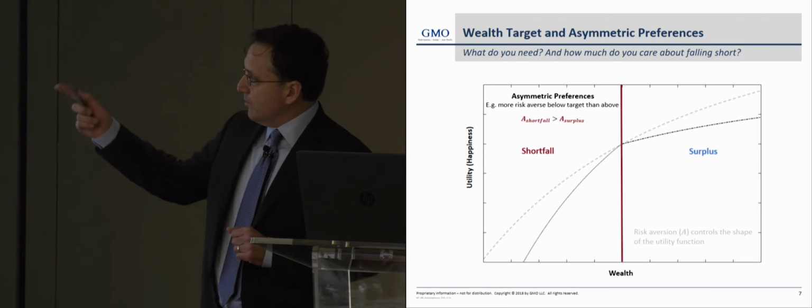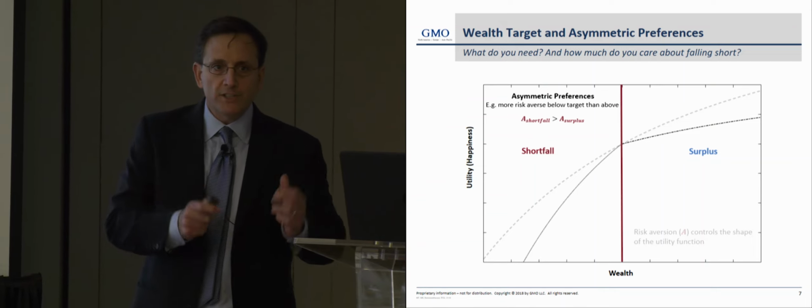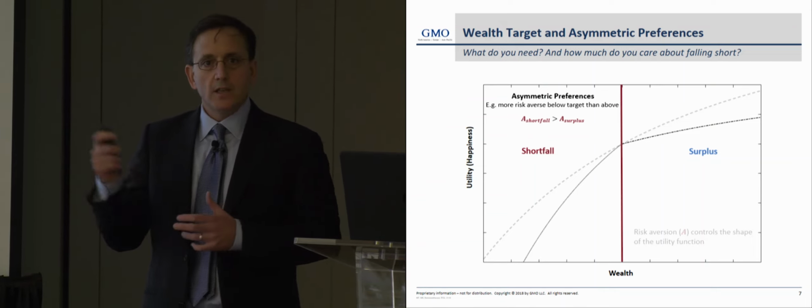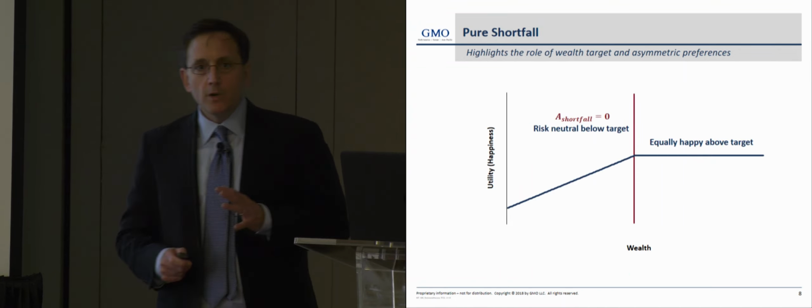So in this example, the curvature below is more than the curvature above, and so you are more risk averse when you're in the shortfall phase than you are when you're in the surplus phase. Okay, so